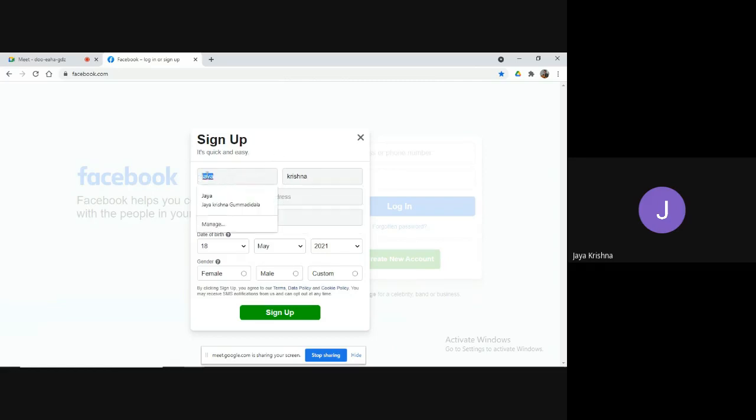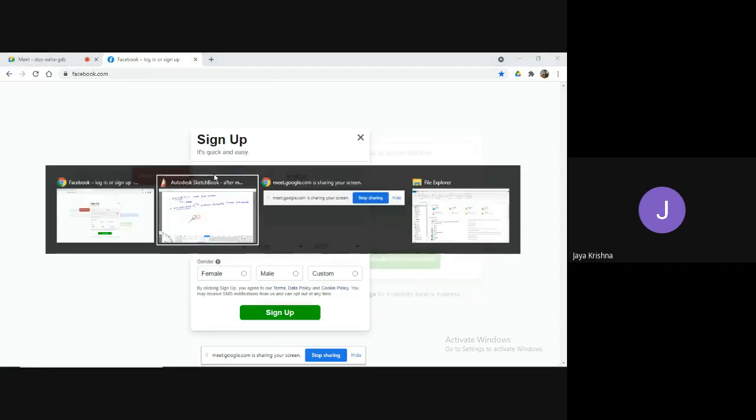Now I remove this one and move to the mobile number field. What happened here? This text field is providing a functionality that without entering anything in the first name, if you move to the second, third or fourth field, the first name field asks the user to enter some details, meaning it provides some kind of error. That is called functionality.